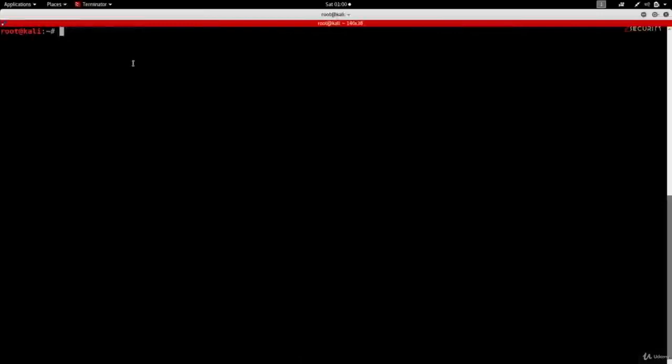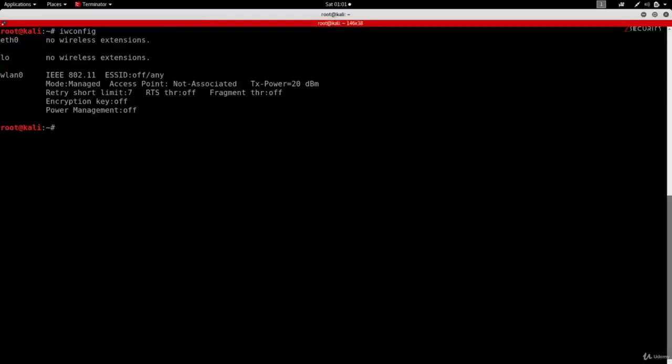If I go to my computer here and run iwconfig this time, so we saw ifconfig, which lists all the interfaces, we can use iwconfig to see the wireless interfaces only. And you can see we have wlan0 right here, which is my external wireless adapter. You can see the mode of this adapter is set to managed.